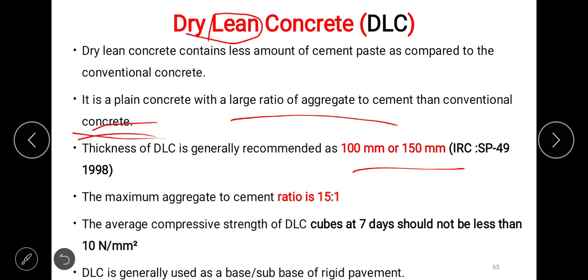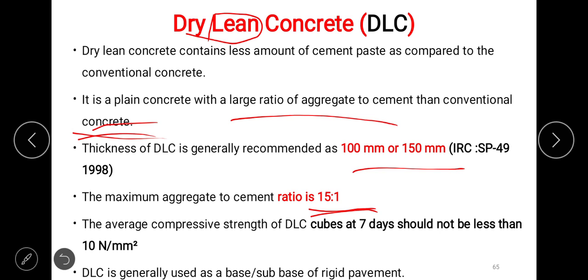specification, special bulletin 49, developed in 1998, around 22 years back. The maximum aggregate to cement ratio is 15 to 1. So 15 is to 1. One bag of cement should be mixed with 15 bags of aggregate.